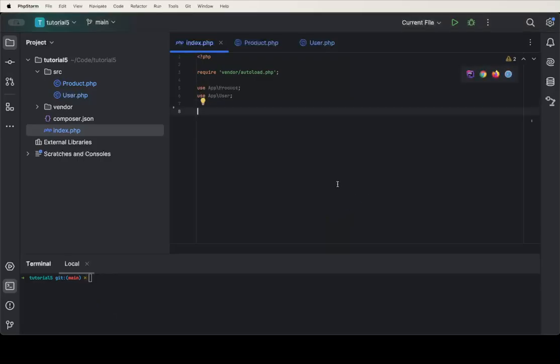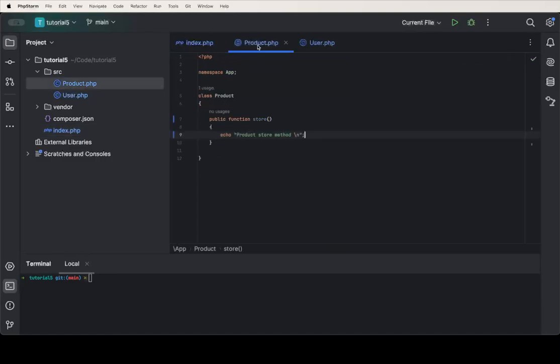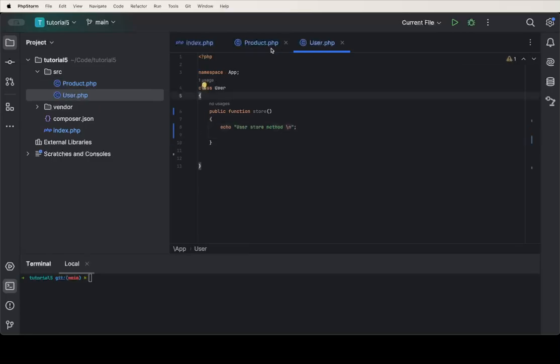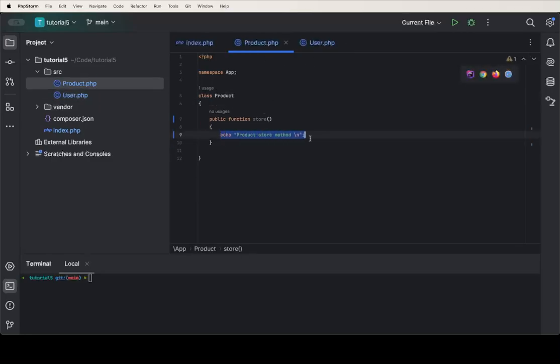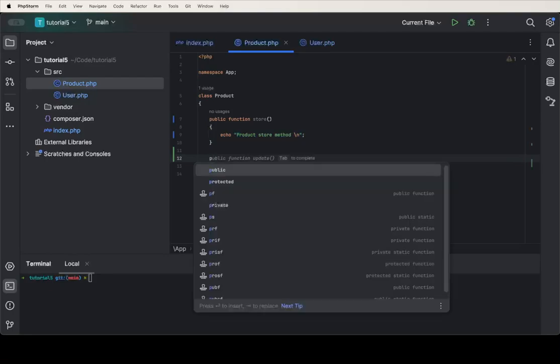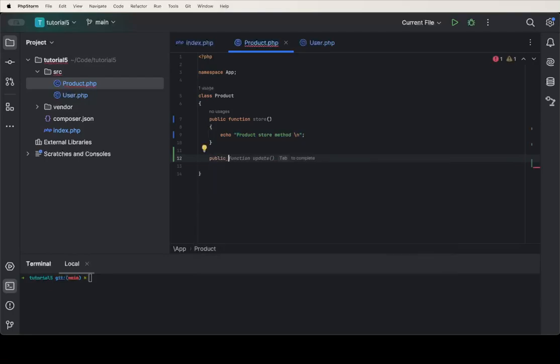So, this is a newly created PHP project in which we have these two classes. Both classes have store methods, and I'm just echoing this word from both store methods. So to learn about traits, let's suppose we need a function in both these classes which will log the entries in a file whenever the store method in the product or user class is being called. So let's suppose we have a function,